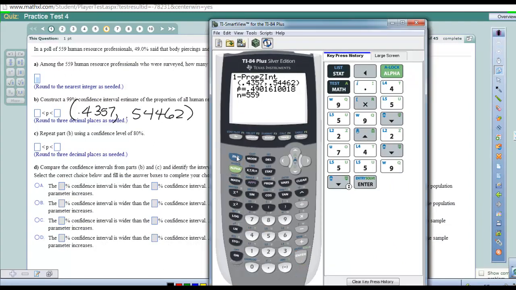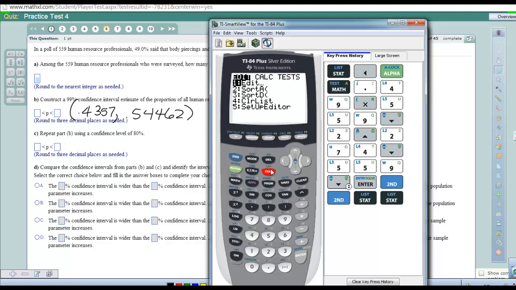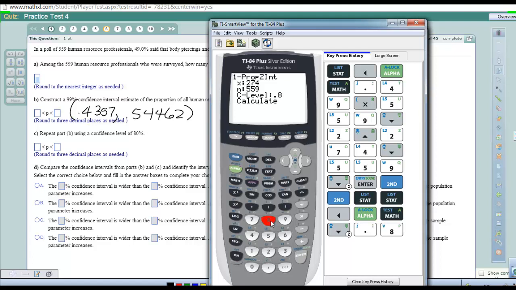Then we're going to do this again, except this time we want to do it for 80%. So actually, stat test alpha A. Okay, change it to 0.8. Calculate. And so we get 0.46306 to 0.51726. Okay? And so in part D, it says compare the confidence intervals from B and C and identify